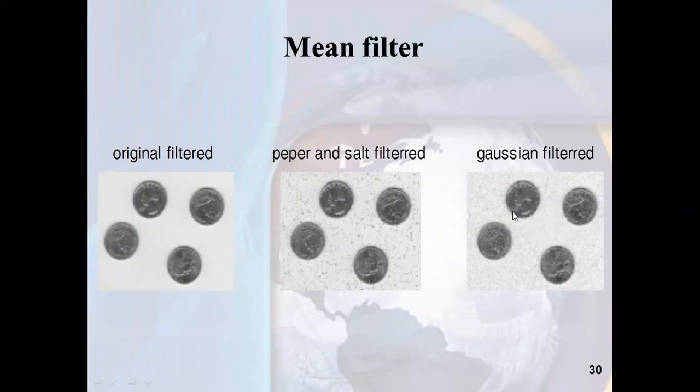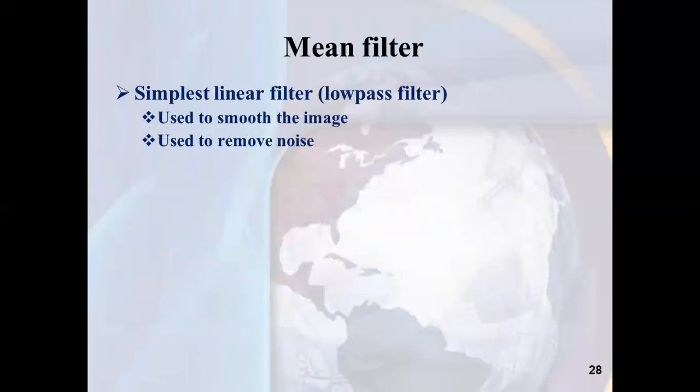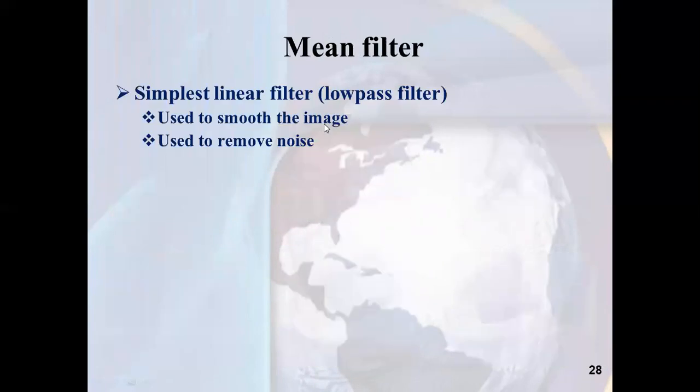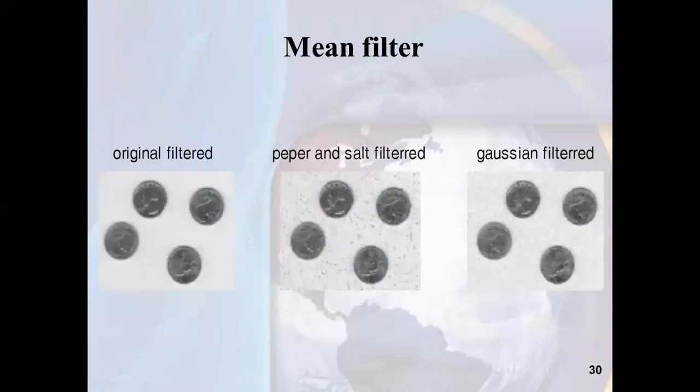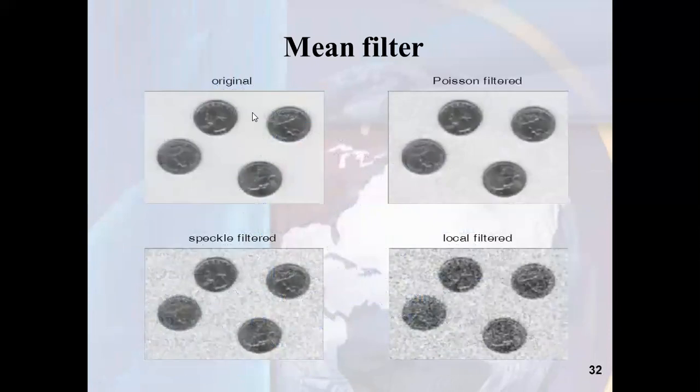So we can remark here that with Gaussian noise, the quality is good compared to the noisy Gaussian image here. This is the Gaussian noise. While with salt and pepper راح تشوفوا الصورة it's good but not the same quality as with Gaussian noise. Now if we apply this for the Poisson noise, speckle noise, and local variance noise, so this is